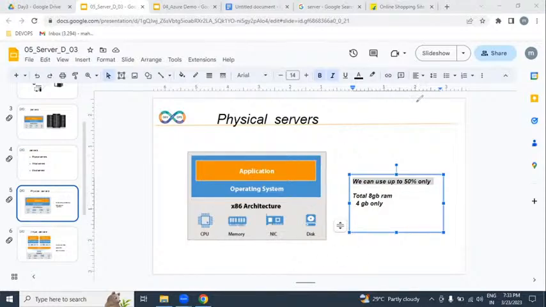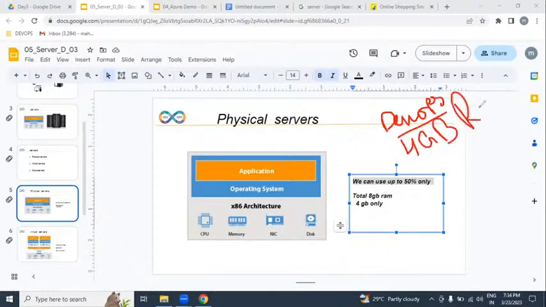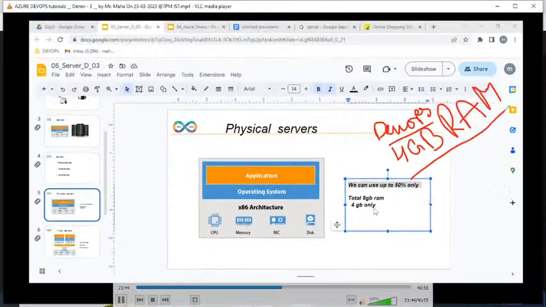To understand this, I will give an example. Please listen very carefully. Do you want to practice DevOps? Say you don't have a laptop. For practicing DevOps, it is going to consume 4 GB of RAM while you are practicing. Right now, you don't have a laptop, so you are going to be buying a